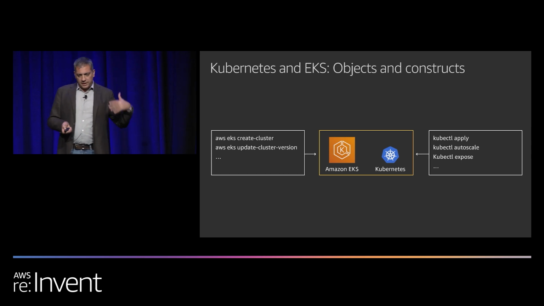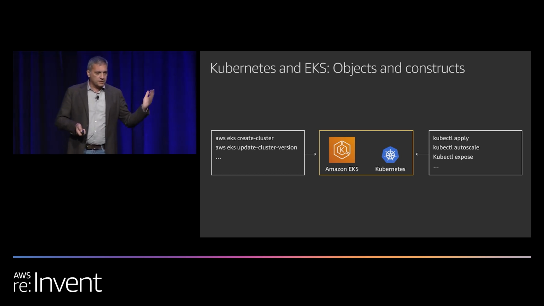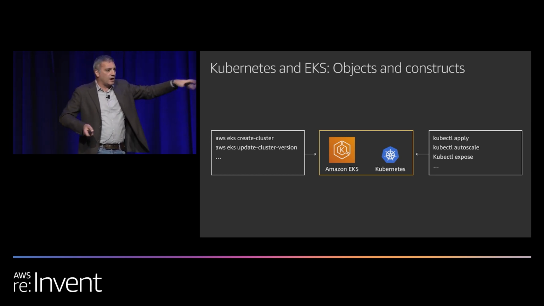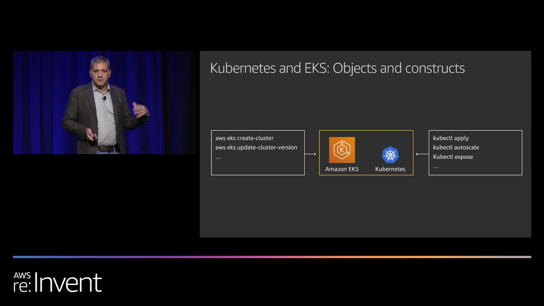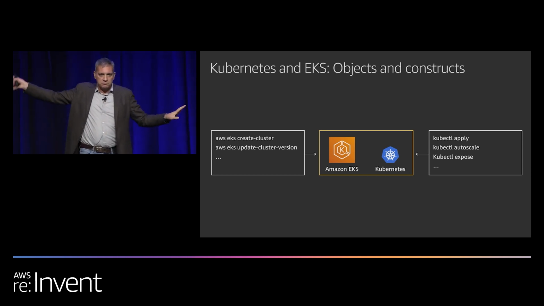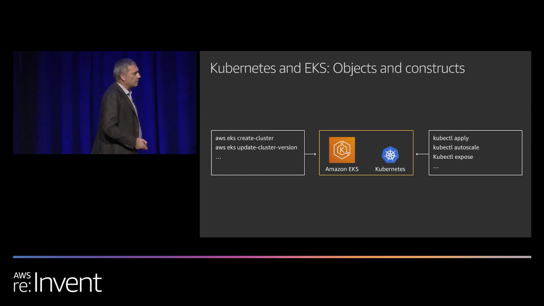When you think about Amazon EKS, there are two things, right? There is the EKS API, which allows you to do things like create a cluster, update the cluster, delete the cluster, and stuff like that. And then there is obviously the Kubernetes API, which is what your user is actually using, right? To do kubectl apply, which is everything that we have done so far.